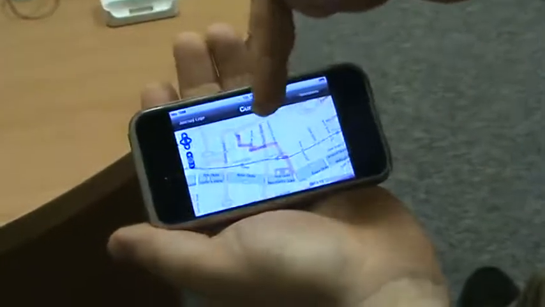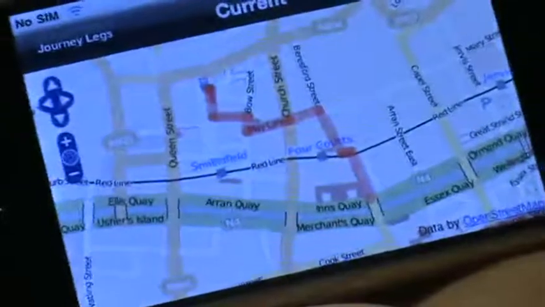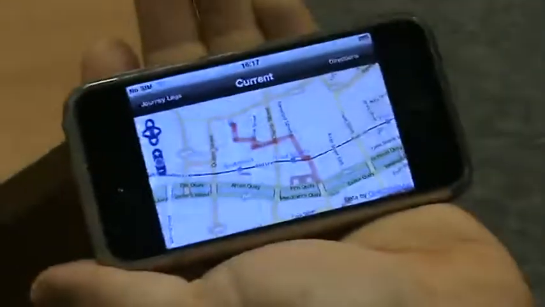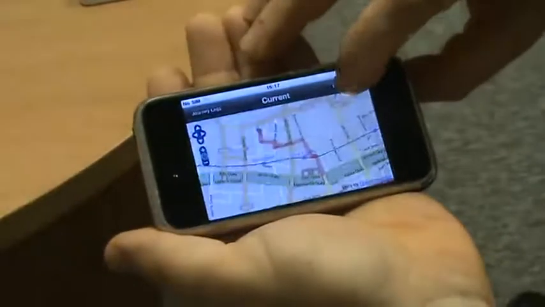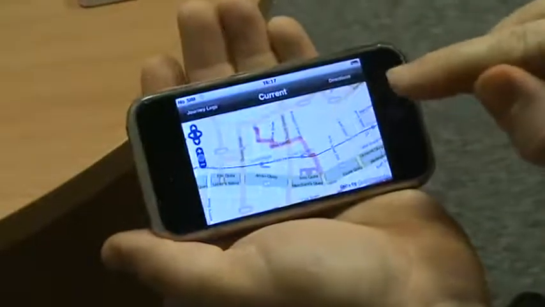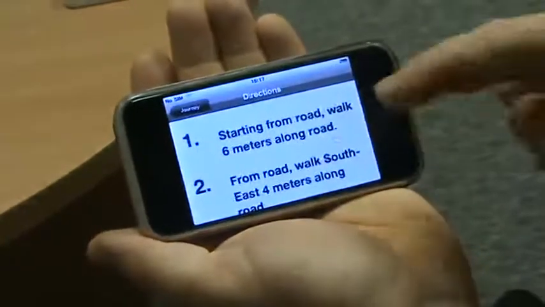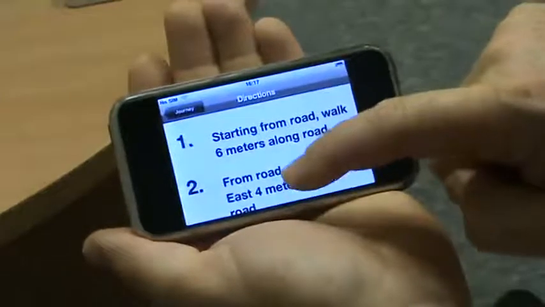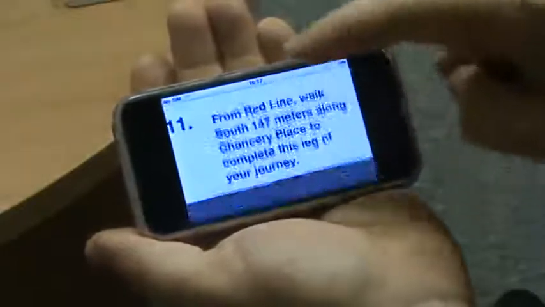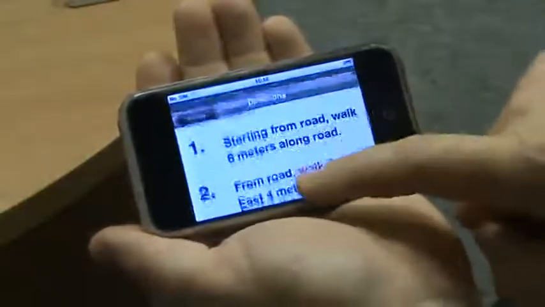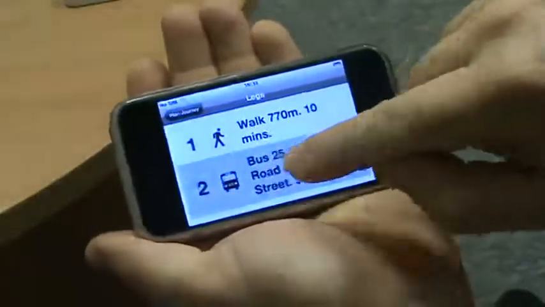So as you can see here, this is now shown on the map that this is my starting point and this is where I need to walk to actually get the bus. I can also get textual directions. So here it's giving me step-by-step instructions of where I need to go. I can now go back to my original journey plan, and if I click on the second step,